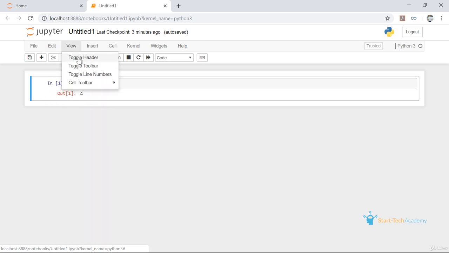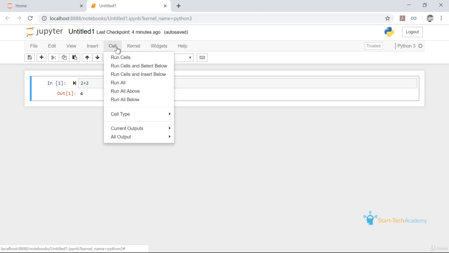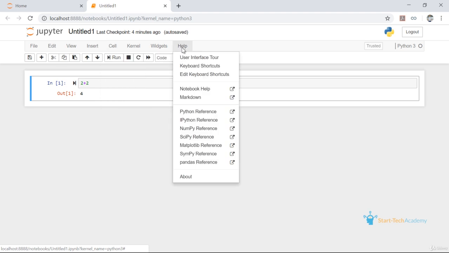View contains interface related options, and Insert contains options to insert new cells. The Cell menu item contains execution related options. And as the name suggests, Help contains references and manuals on how to use Jupyter Notebook. You can also find the list of shortcuts from here.